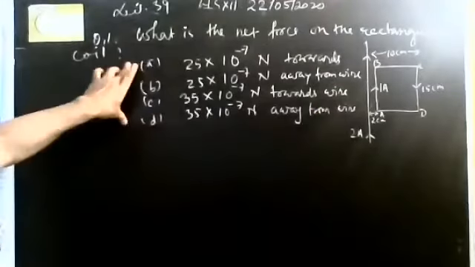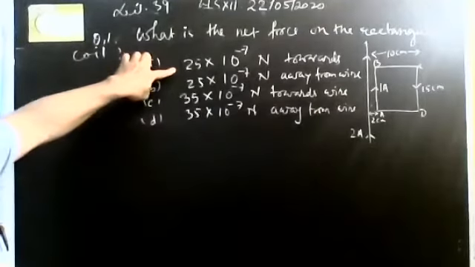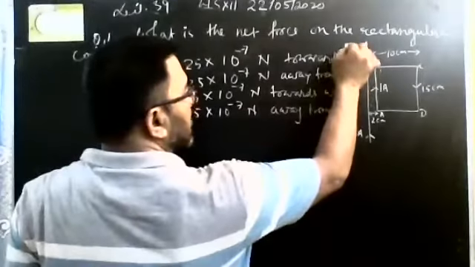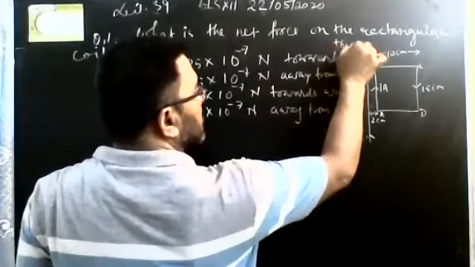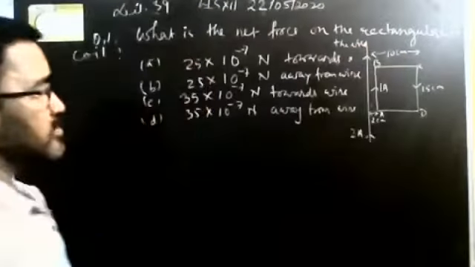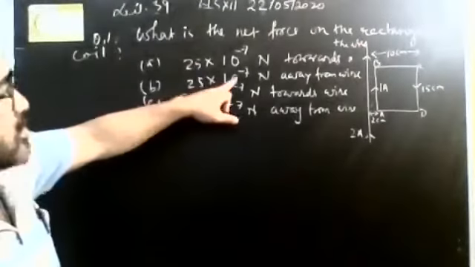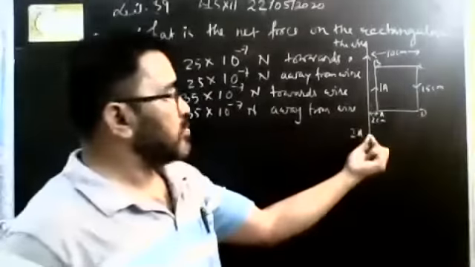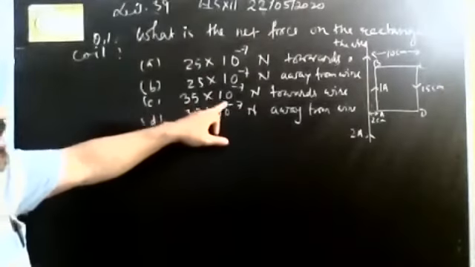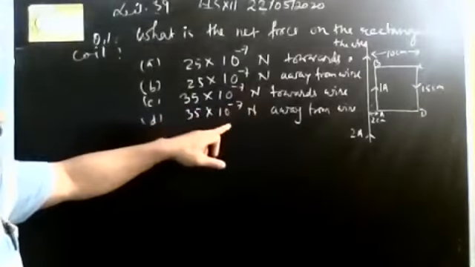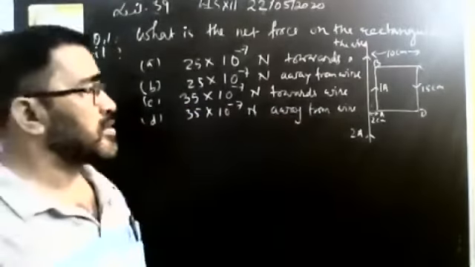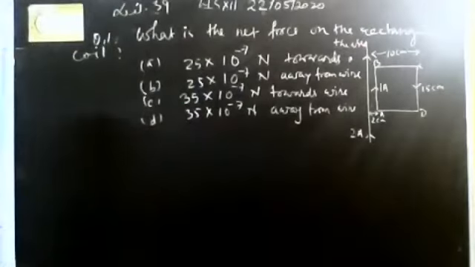And the options are 25 into 10 to the minus 7 Newton towards the wire, that is in this direction; 25 into 10 to the minus 7 Newton away from the wire; 35 into 10 to the minus 7 Newton towards the wire; and 35 into 10 to the minus 7 Newton away from the wire. Okay. So to solve this problem,